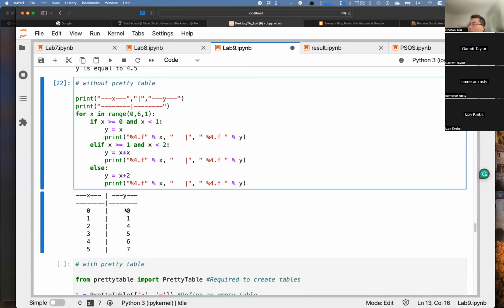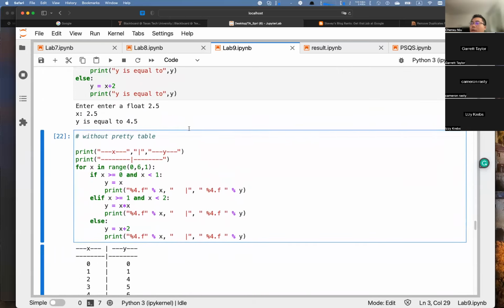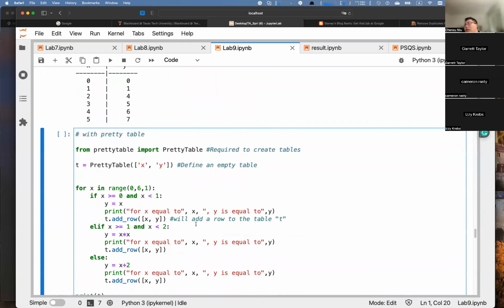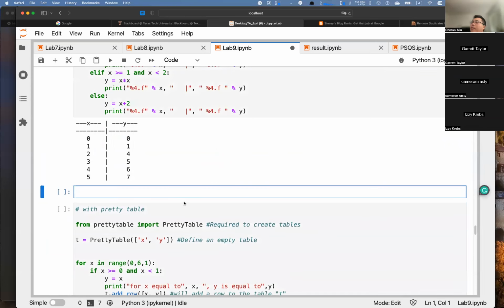I think it's not pretty. Maybe you need to remove them, but it doesn't matter. Okay. It's about how to use the table to print out. And next one about how to print with some pretty table. But before you do that, please make sure to